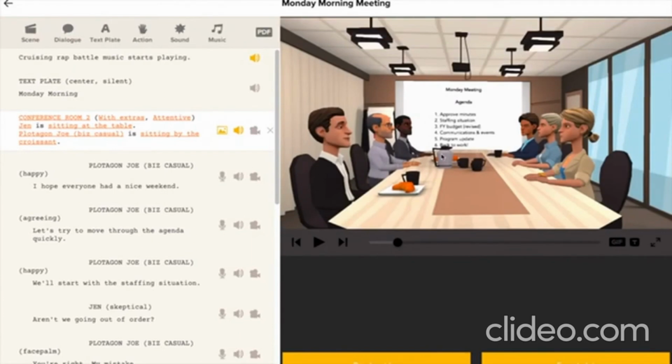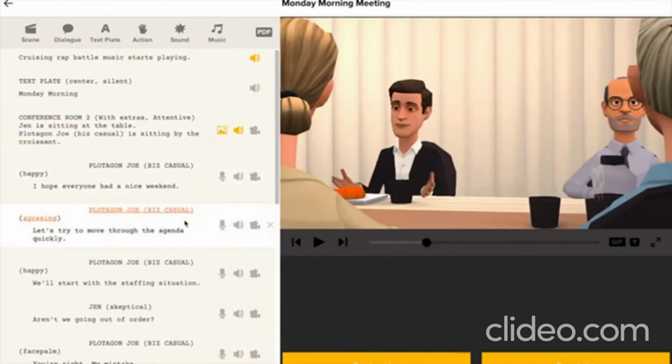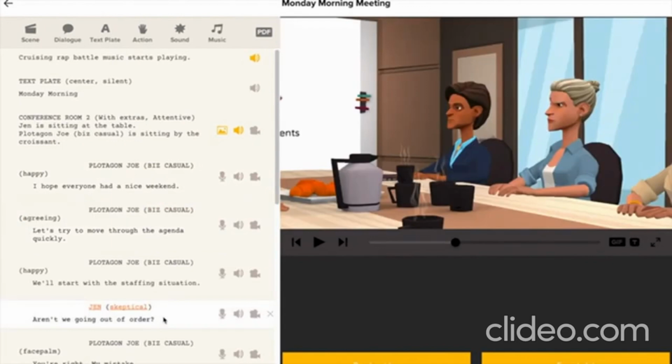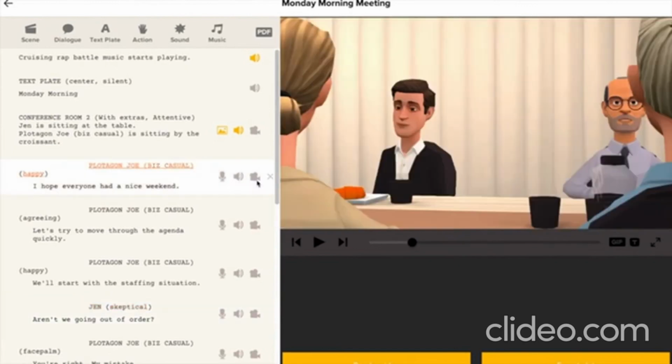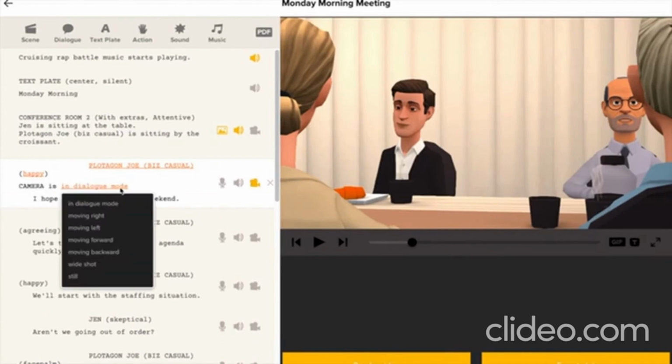So now we know what the characters are talking about. But what can we do to keep it on the screen while they're having the conversation? Plotagon's usual editing will point the camera at whoever is speaking. It's the classic Hollywood shot reverse shot. So let's see if we can adjust the camera angles. Wherever you see this movie camera icon in a scene, it means that you can control the camera angles. The default is the dialogue mode, but we're going to click and change it.